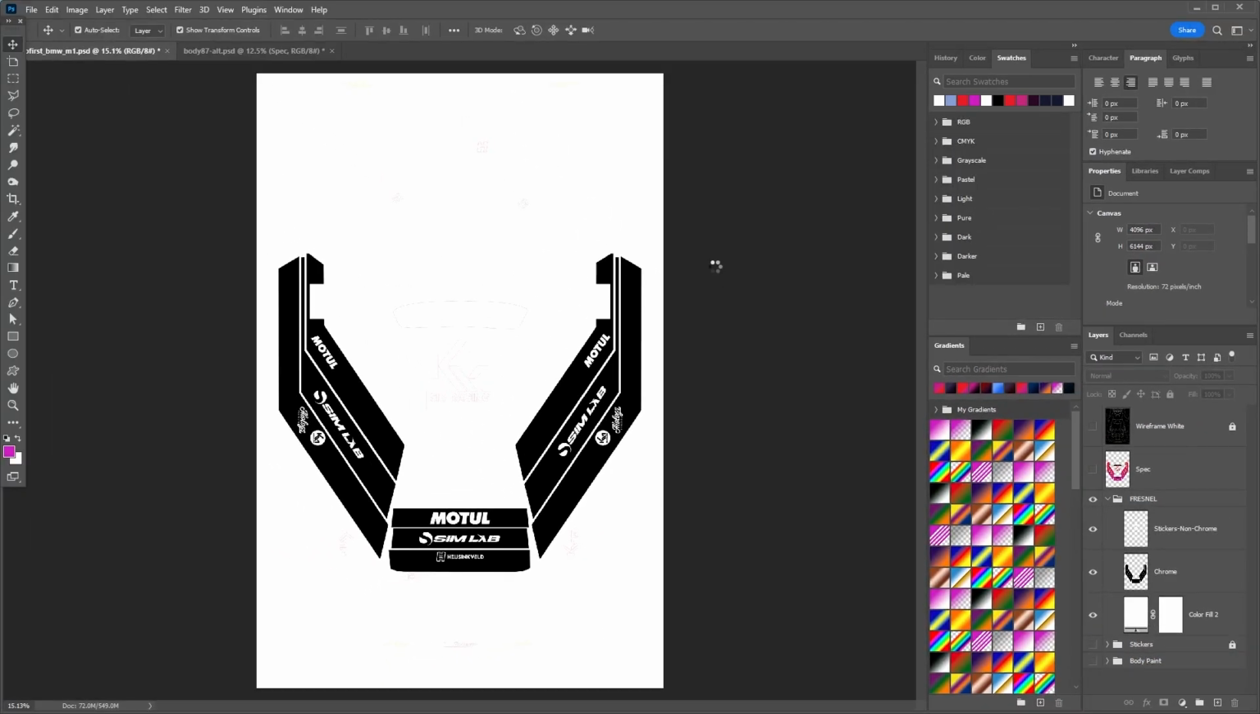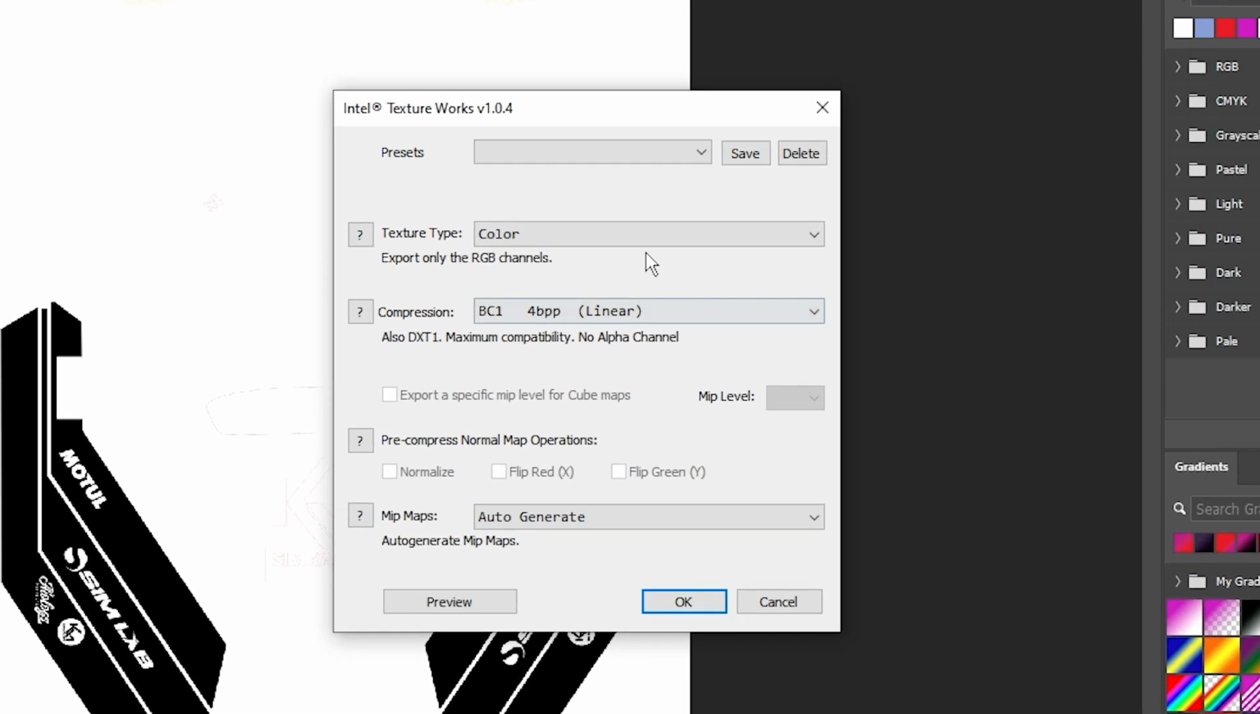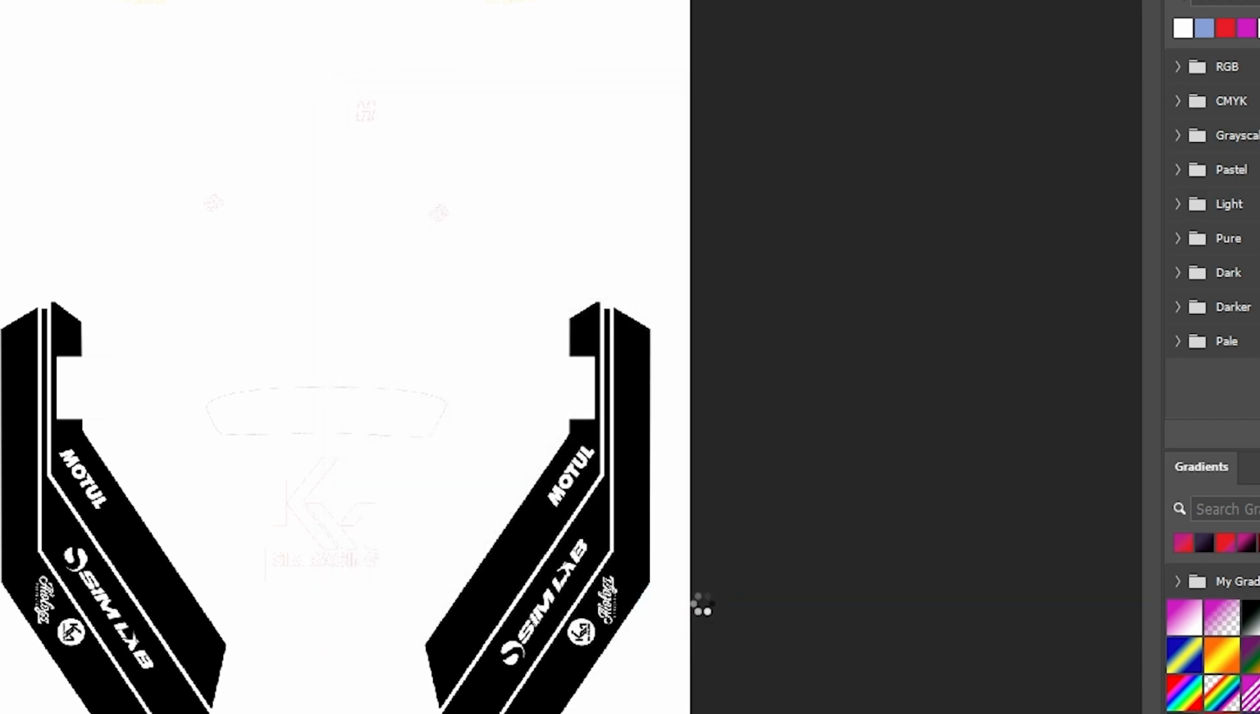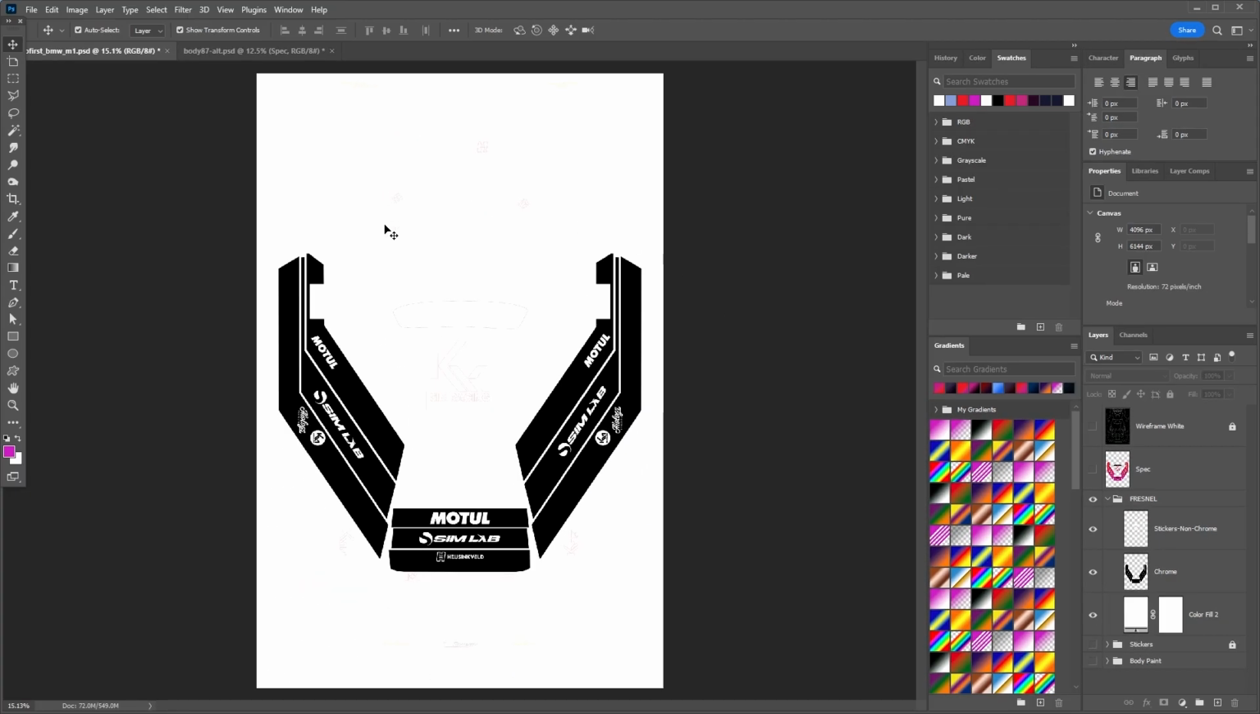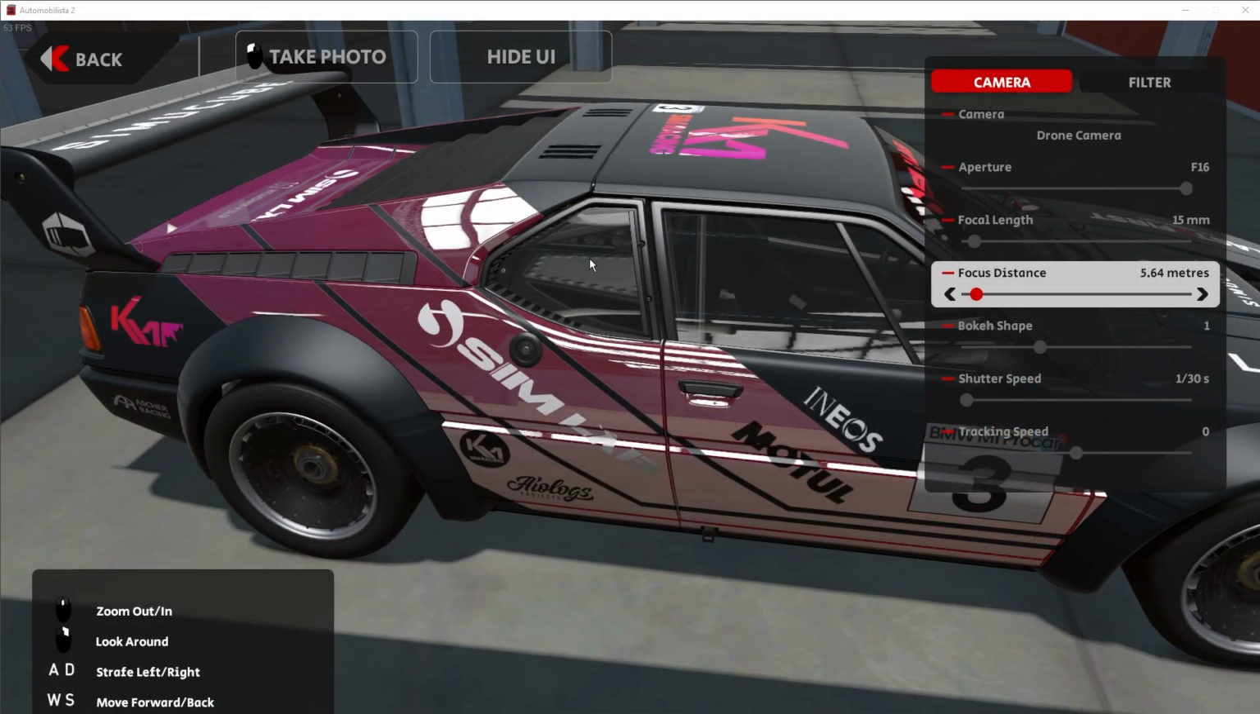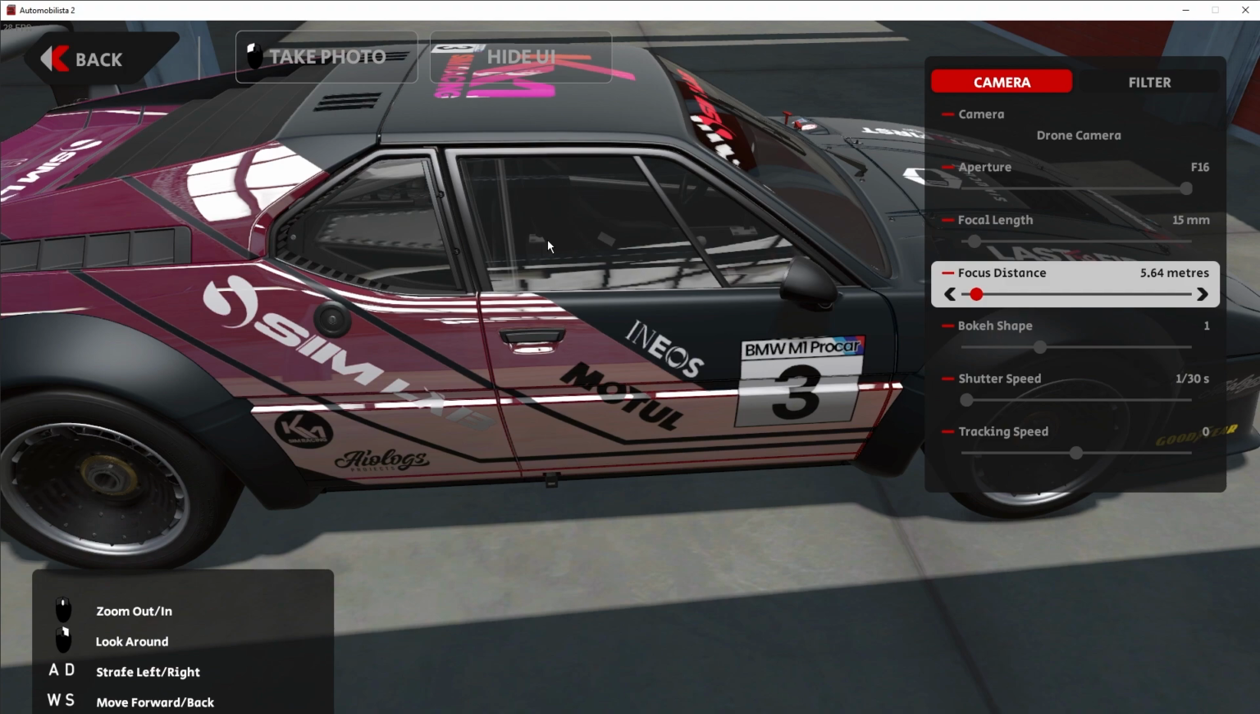It's going to ask us for what compression we want to use. We're going to use the same as we did for the body DDS file, and that is BC1 or DXT1. There we go. Now we're ready to jump over to AMS2 and see if this had any effect on our livery. Okay, we're in the showroom. We're checking out the livery now, and as you can see, we definitely have a chrome appearance to our stripes